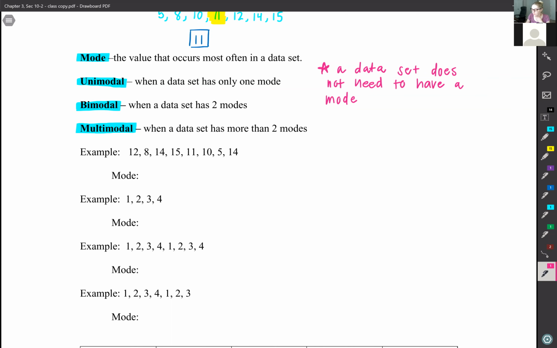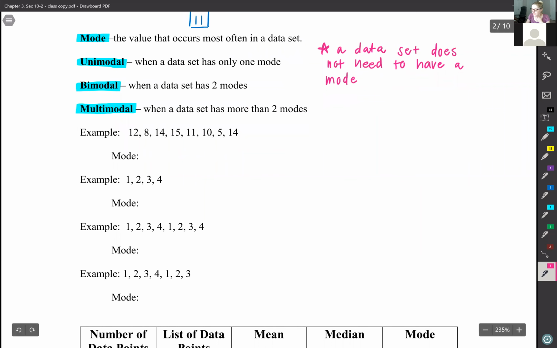Okay, so my first example is this data set: 12, 8, 14, 15, 11, 10, 5, and 14. Just by looking at it, I can see that the only one that occurs more than once is the number 14. So my answer here for the mode is 14. And I'm just going to write this down. This is unimodal,